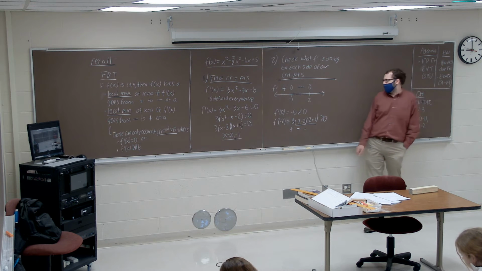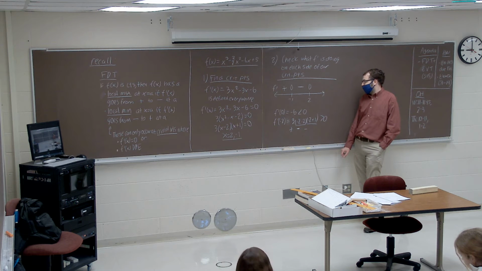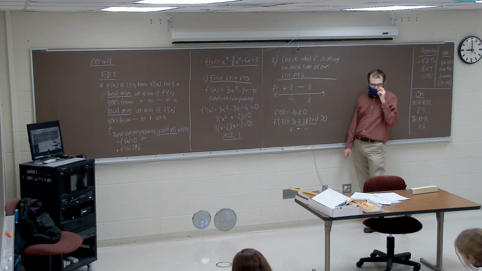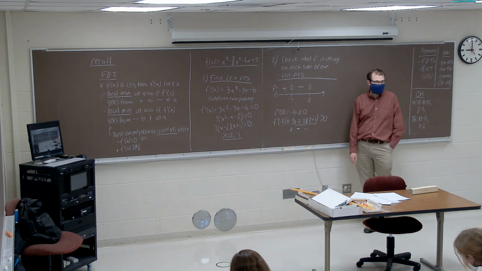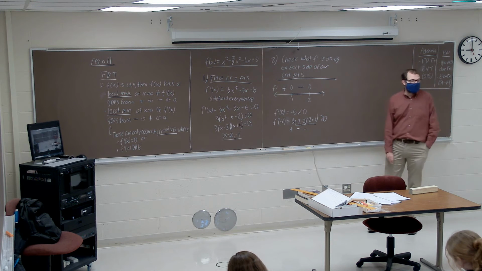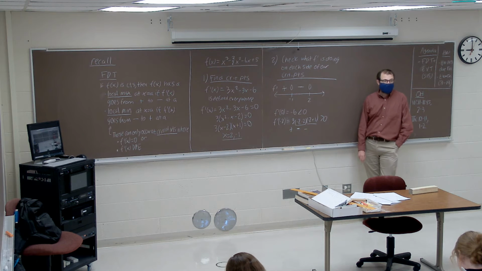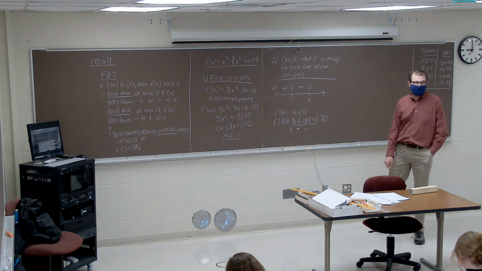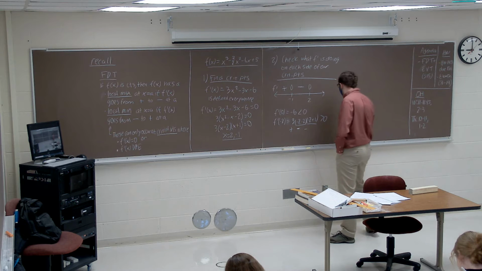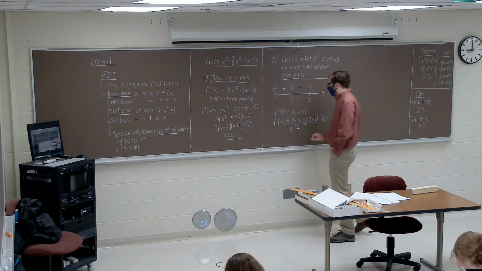Finally, the last thing that we need is to check f prime at some point to the right of x equals 2. Elise, can you give me a value of x to the right of 2 that we can check? 3 seems like a pretty reasonable choice. So if we take f prime of 3,